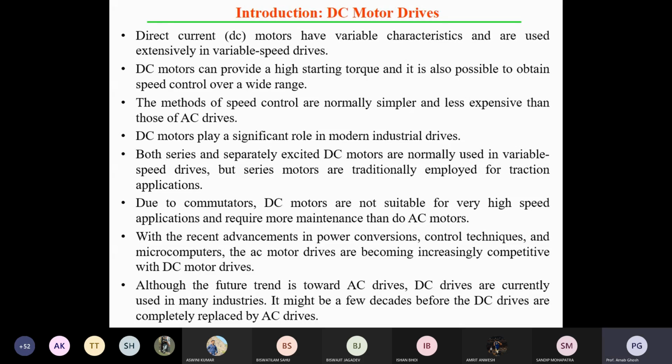The DC motor can provide high starting torque. That is another important issue. That means it can easily overcome the static friction restriction. It is also possible to obtain speed control over a wide range, from zero speed up to maximum speed. The sophistication of the motor speed control